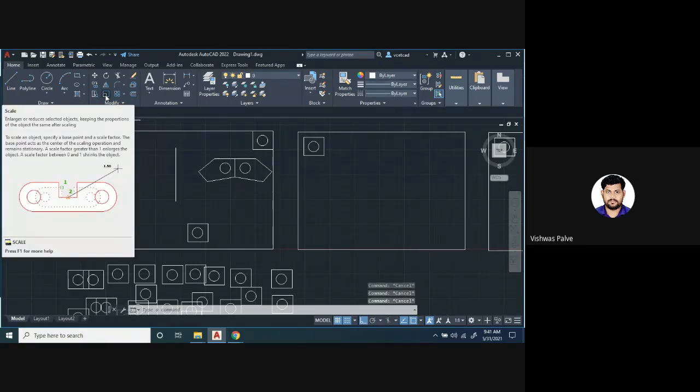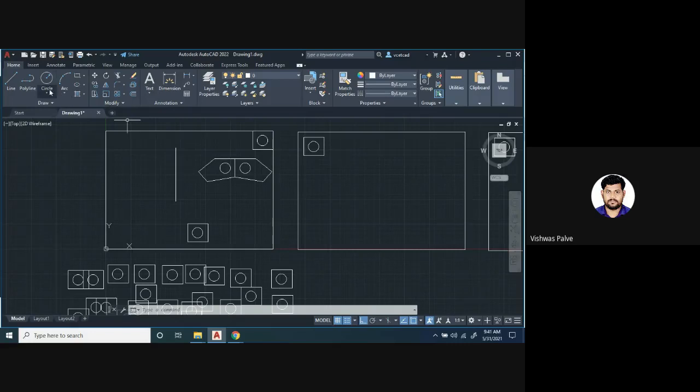Yes, one more thing. Please go through these icons. I will prepare one quiz for you in which you have to select what the command is named for. You have to type there. I will show this icon, then you have to select, options will be given, select the copy command. So exactly you have to select the command. So there will be one quiz based on the icons or the commands. Those who don't have the AutoCAD software have to go through this video thoroughly so that they can attempt the quiz.